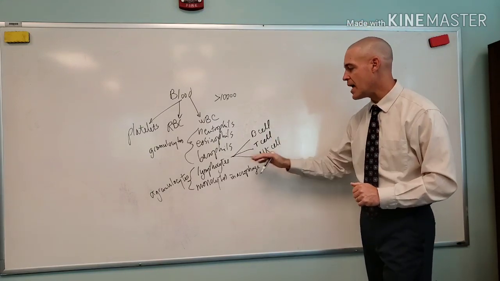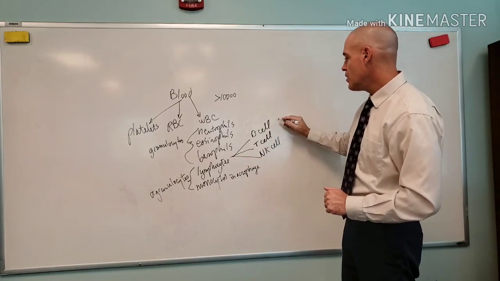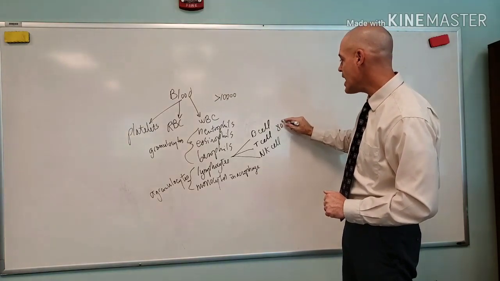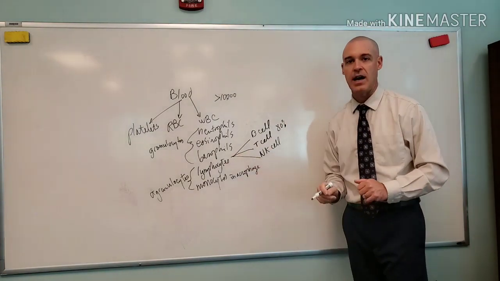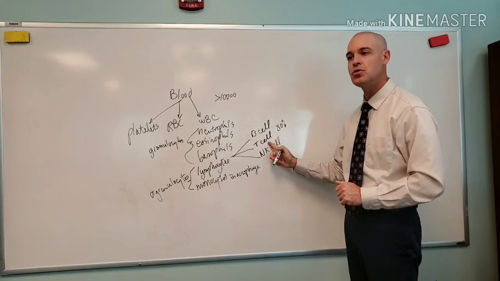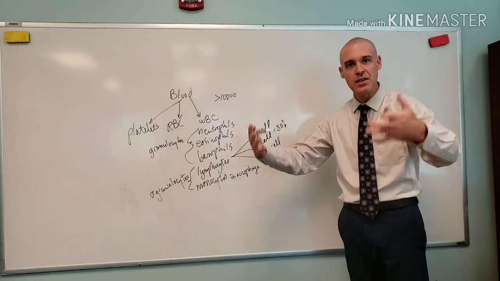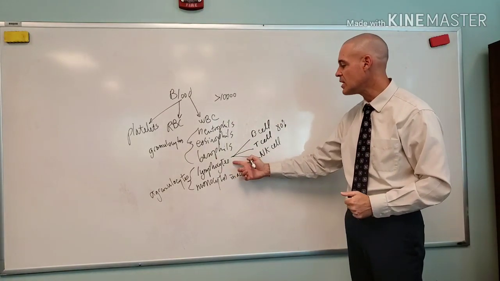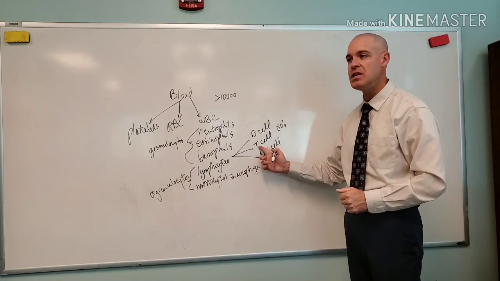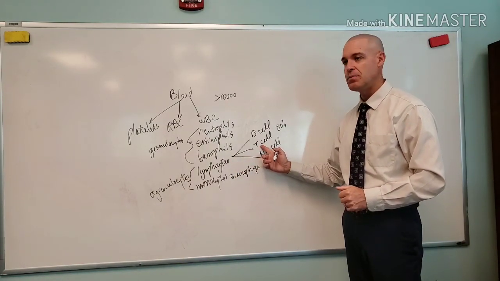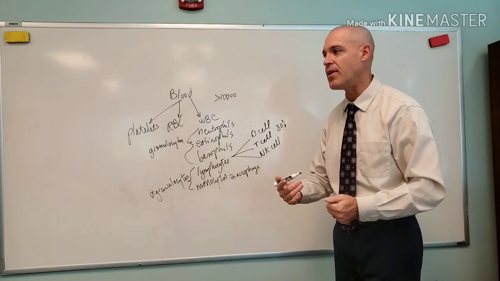Now, to give a rundown of lymphocytes, the T cell is about 80% of all lymphocytes. These are the most numerous. These would do most of the infection fighting for the lymphocytes, and they do a unique type of fighting. It's basically an indirect type of fighting